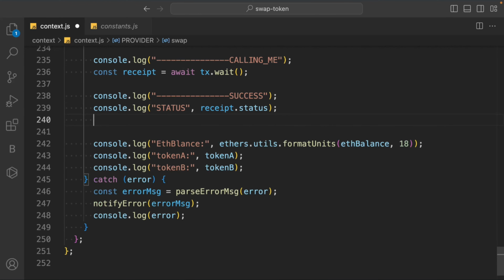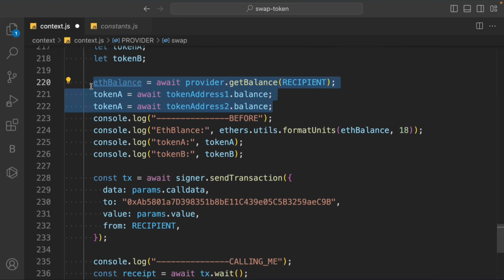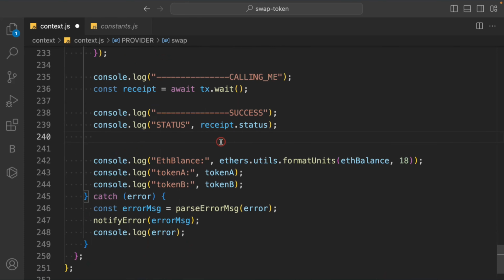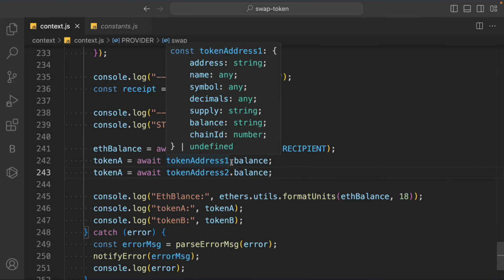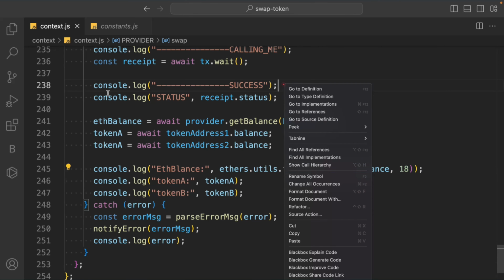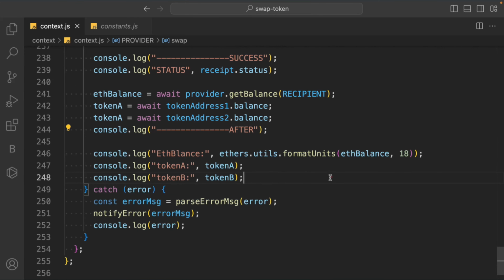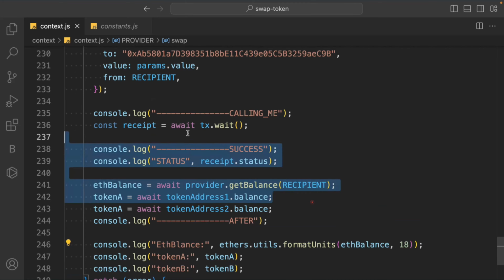Got it? Looks fine. Once we're done with this, we have to check the balance one more time. So simply copy this one, come back and paste here. So we have to recheck the balance one more time. Here we have the B, copy, paste here. This will be called after. And this is the entire thing we have to do for the swap function, and it will